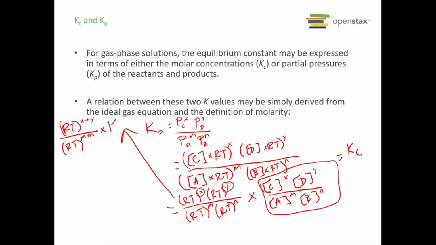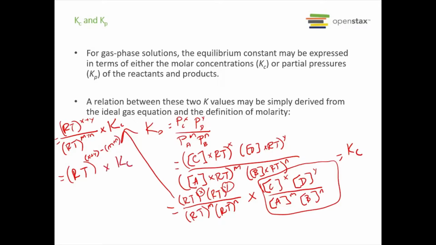So all of this is times Kc now. So now we can rewrite the RT part and say RT, what happens when we divide exponents? We subtract them. So we have x plus y in parentheses minus m plus n